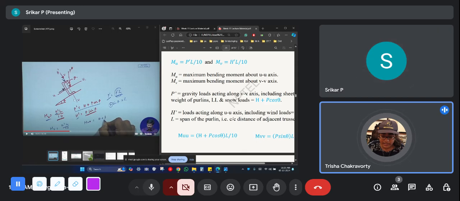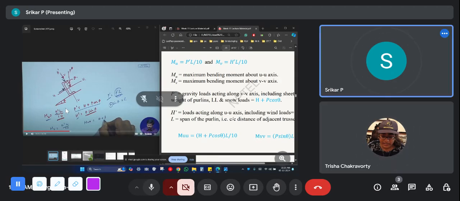Then P is horizontal, not along the U axis. The UV axes are the inclined axes. Consider the conventional X and Y axes. If X is the horizontal one, see the theta that sir has shown: there is one inclined line, and theta is the angle with the horizontal. Let's say they are taking theta with the vertical. Then, if we consider it that way, maybe P dash is along VV. Because I'm saying P dash is like H plus P cos theta, so P cos theta should be like